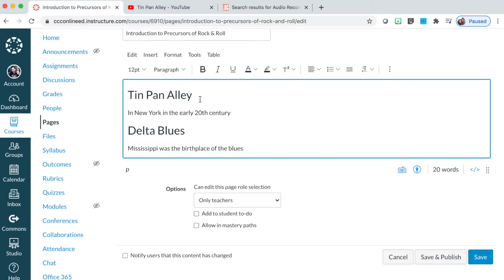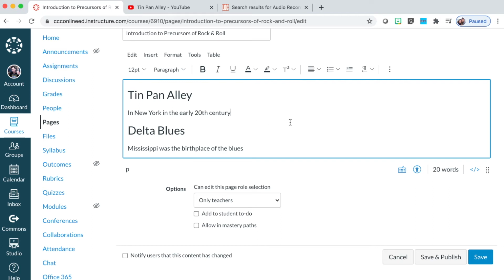When the screen reader is reading back to them the text on the page, it can provide an index for the learner, so that they can hear the screen reader say something to the effect of, this page contains 2 headings, and the learner can then decide, well, I want to skip to Delta Blues, and then the screen reader will read to them the paragraph text under that. So that's the important reason for assigning the correct headings.